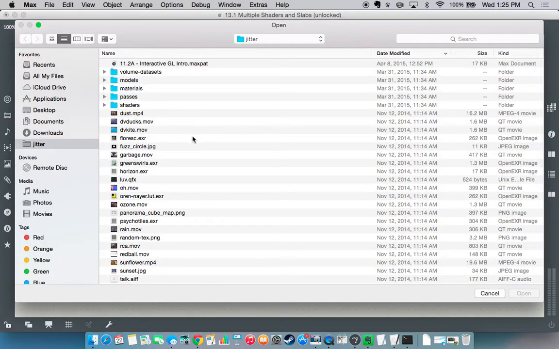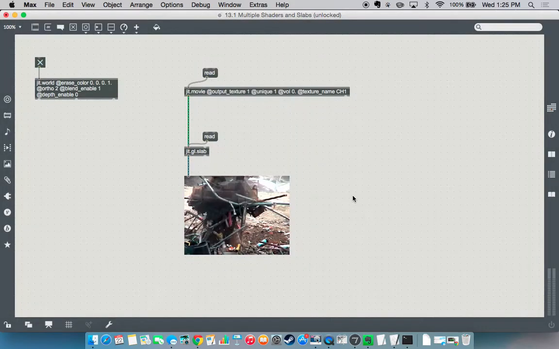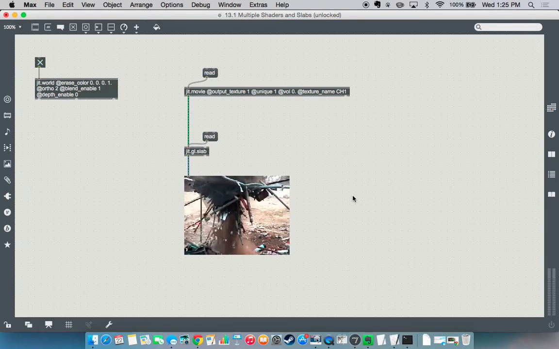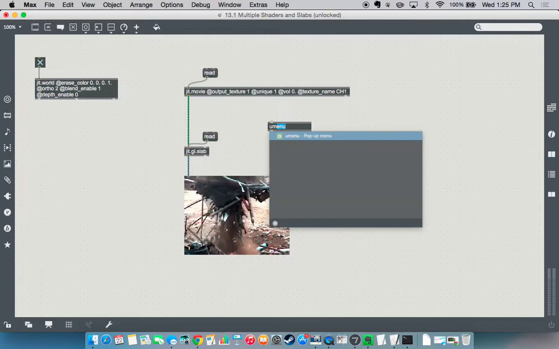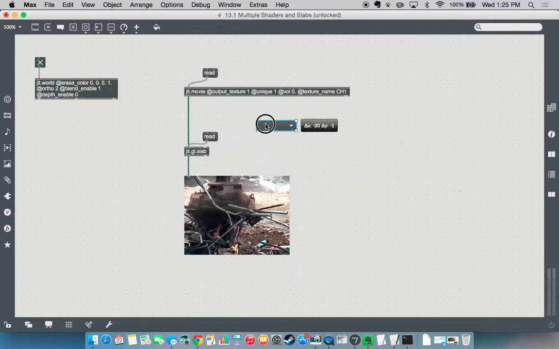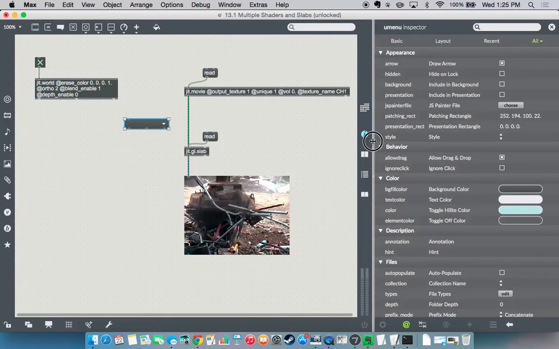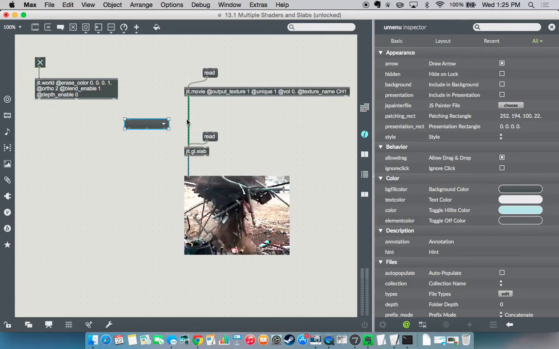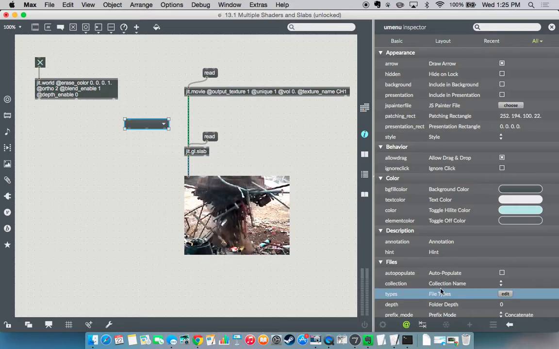Now you can go to here, click on shaders. We could dig through this and find the exact shader that we want, but instead let's do a umenu. There's a new trick I learned this morning. If you go into the inspector, I think this is new as of Max 7 because I've never seen it before this morning. If you go into the inspector on umenu and you go down here to collection name